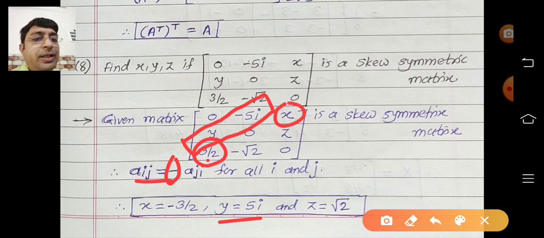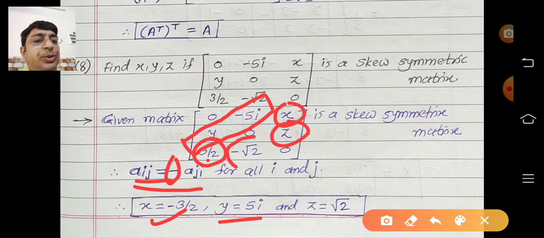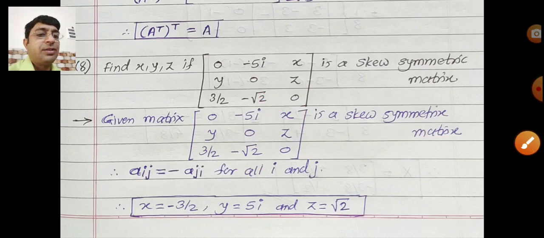So here plus 3 by 2, we are getting the answer minus 3 by 2 as per the condition Aij equal to minus Aji. Next one, z is equal to minus of minus root 2. So answer is plus root 2. So as per the condition given skew symmetric matrix, as per the position of the elements, we find out the answer. Next one,